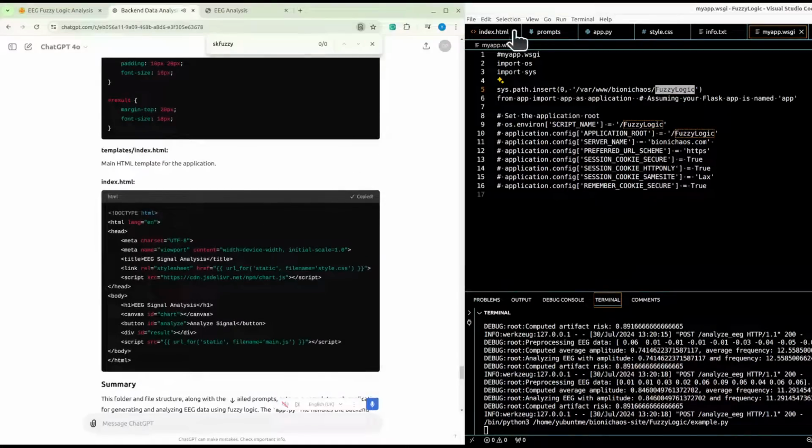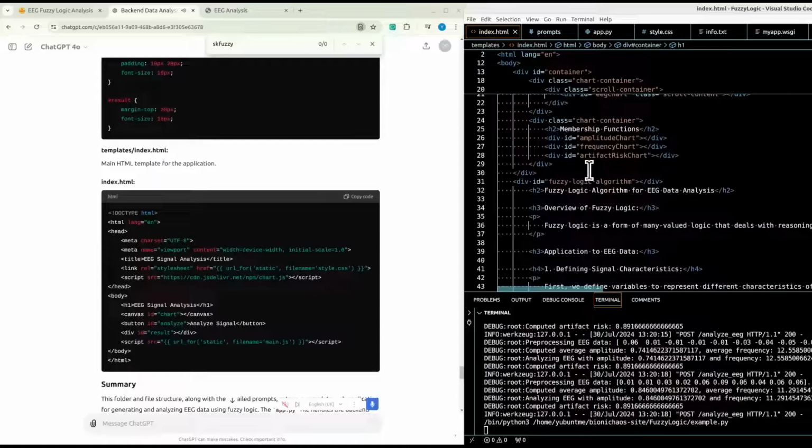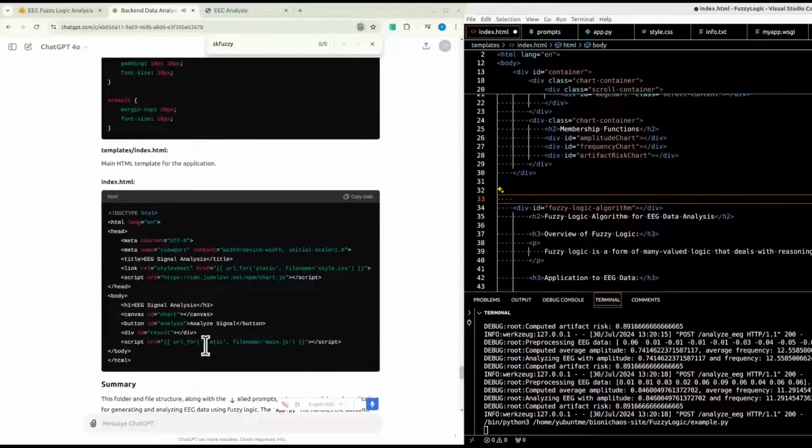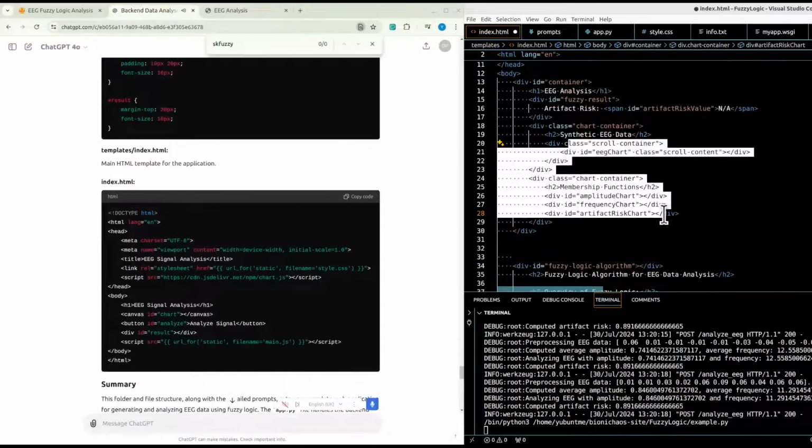The main web page, served by Flask, displays a dynamic chart that visualizes the EEG data. This visualization is powered by a client-side JavaScript library that fetches data from the server and updates the chart in real time. The layout and appearance of the web page are styled using CSS to ensure a user-friendly experience. The application generates synthetic EEG data by simulating signal patterns, adding random noise, and incorporating periodic disturbances to mimic real